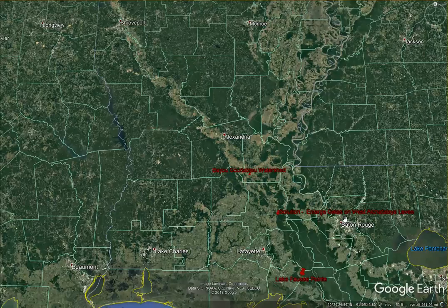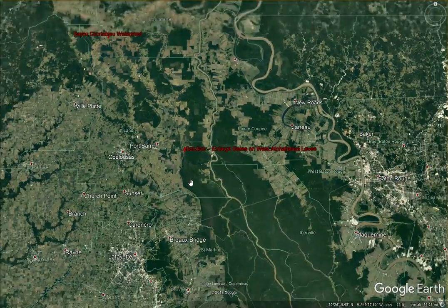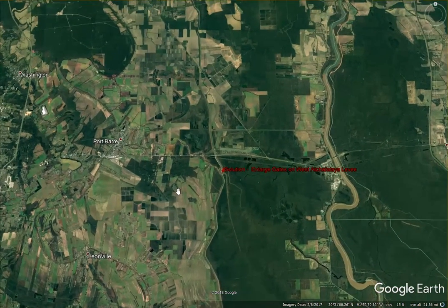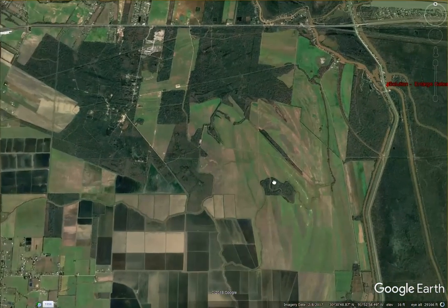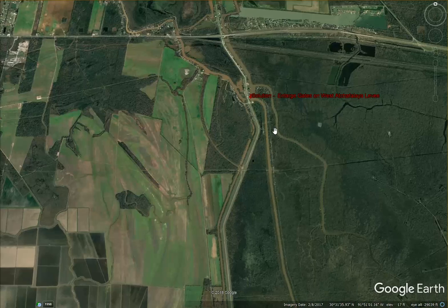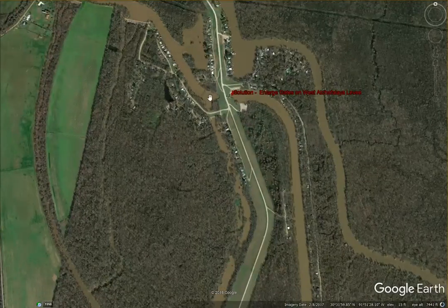enlarging the gates on the West Atchafalaya Spillway Levee on Bayou Catawba, which is right south of US 190 on what we call the Henderson Levee again. Okay, and here we're going to zoom in and look at it. What we're talking about doing here is making these gates larger where they go through the levee to allow water to flow out of Bayou Catawba into the basin. And then the other thing in that same area is put some gates here